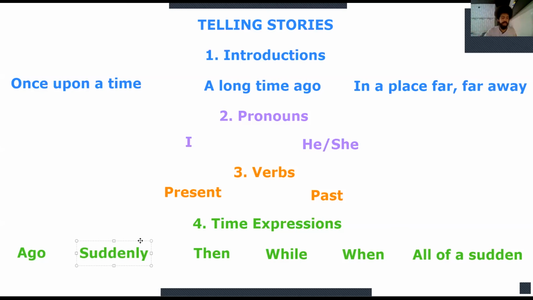This is suddenly. If you go to then, it's almost the same thing as suddenly. They are very similar. The thing is, with suddenly you have the surprise. Bam. And with then, you don't have that much. I was walking on the street, then Mary showed up. See the difference? I was walking on the street, suddenly Mary appeared. I was walking on the street, then Mary appeared. This is the difference, the intensity.